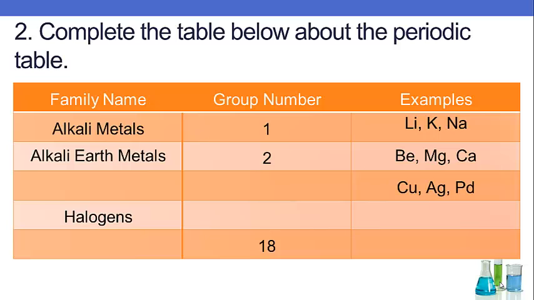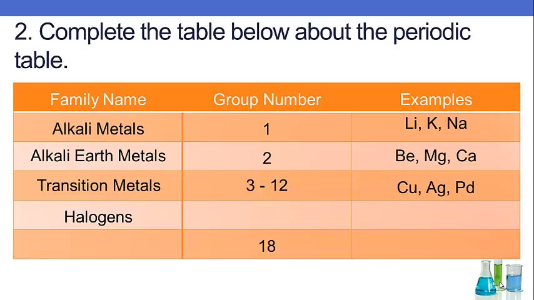Next, we have examples of copper, silver, palladium. These are going to be the transition metals. So you find these as that middle block. It's that D block in the middle of the table of elements. So columns 3 to 12 are going to be our transition